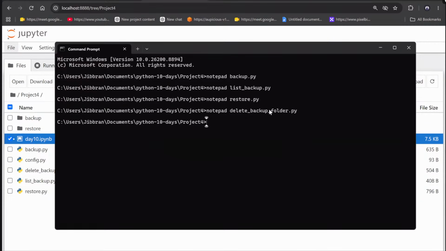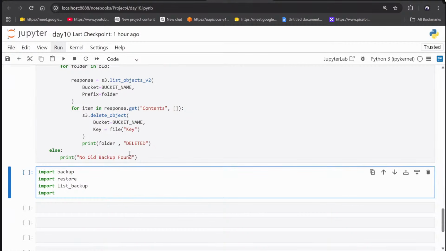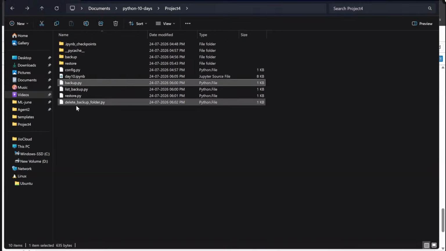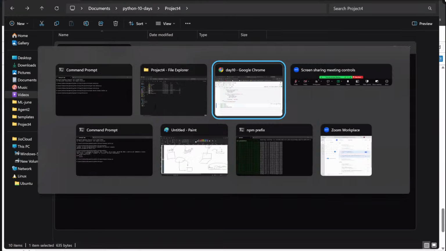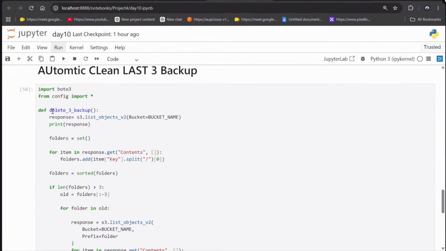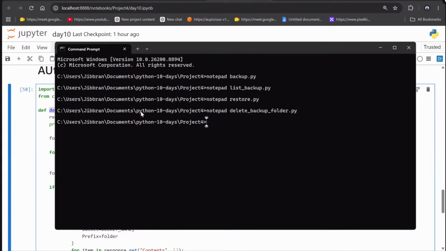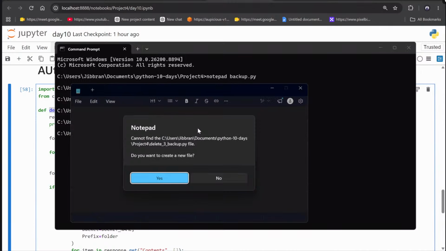Delete backup folder. Okay, we have not created that, we will make that as one file too. So delete backup folder. So four files are created right now, let me cross check: 1, 2, 3, 4. So four files created. Now this function we created, delete 3 backup, we will create a file with this name too, so in Notepad, delete_3_backup, but the extension should be .py. Enter, paste it.